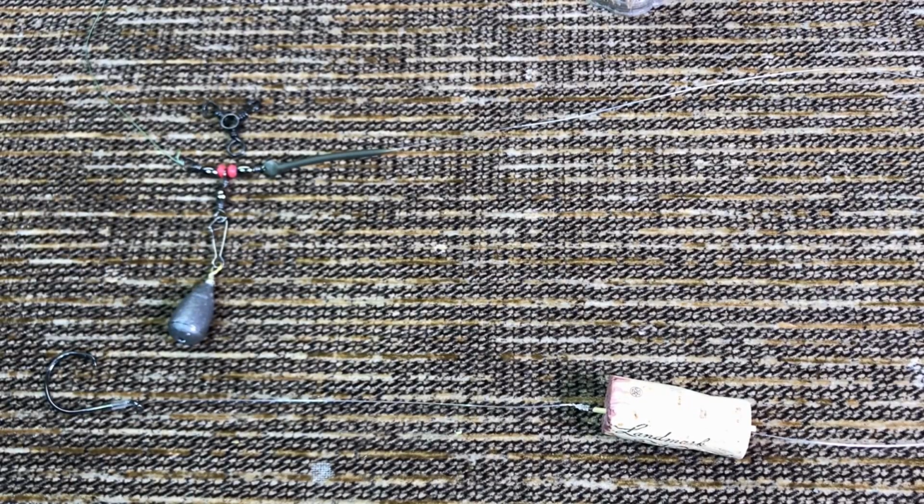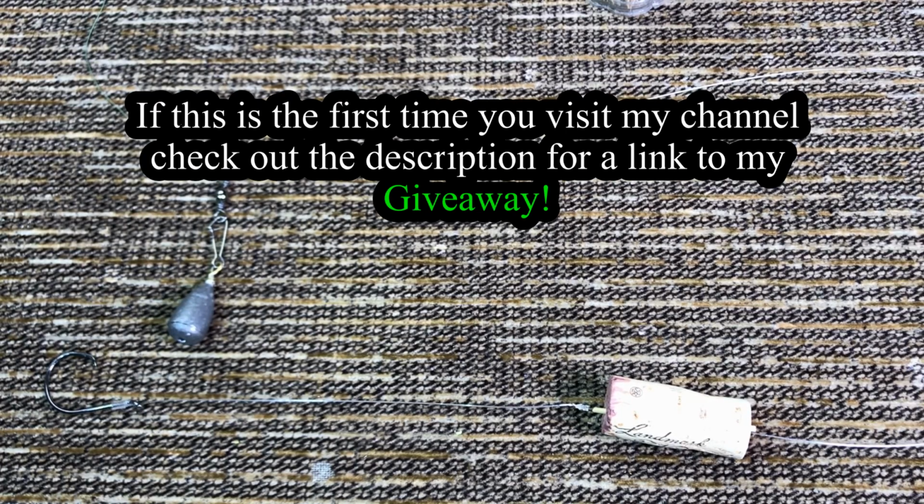Hi guys, I'm going fishing tomorrow, back to the power plant. Hopefully I get a revenge this time. But I just finished redoing all my rigs, and I thought I'll show you this one because it's a little